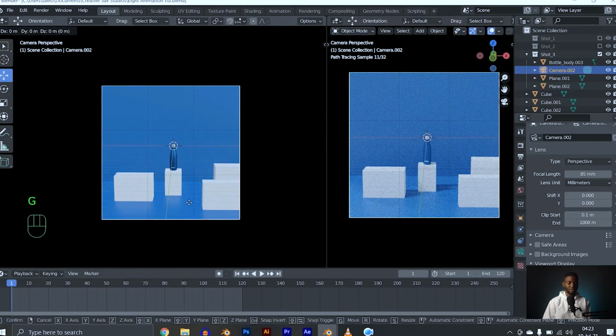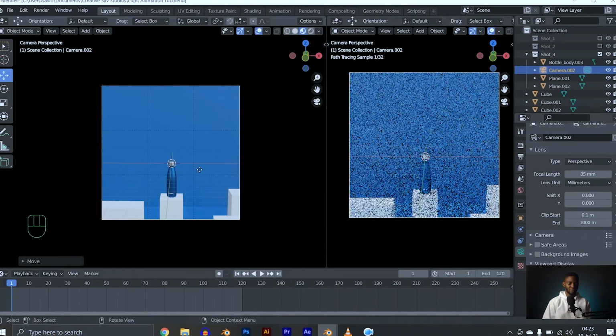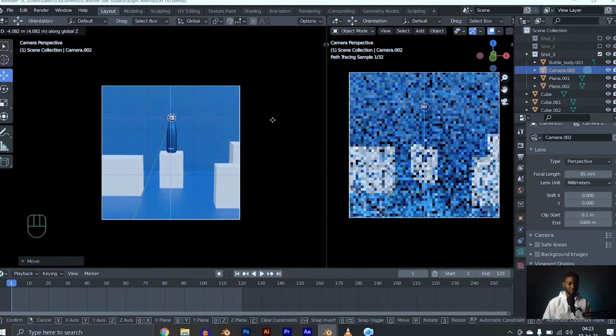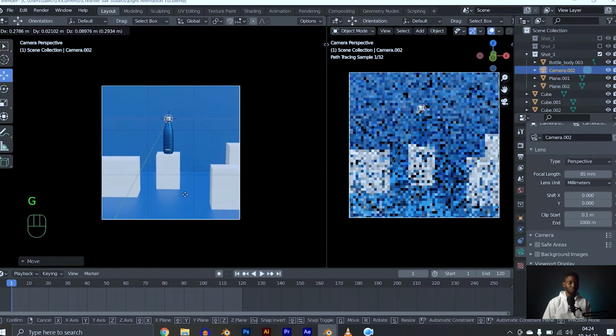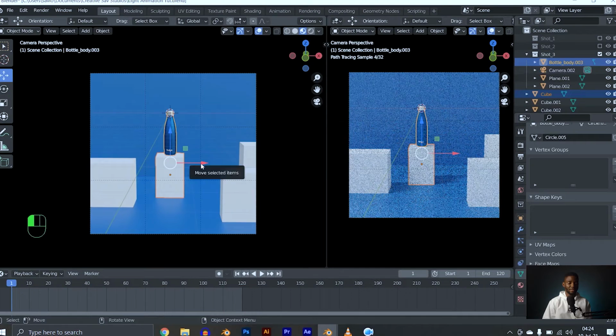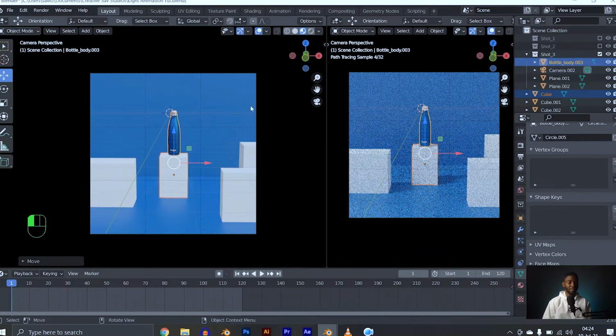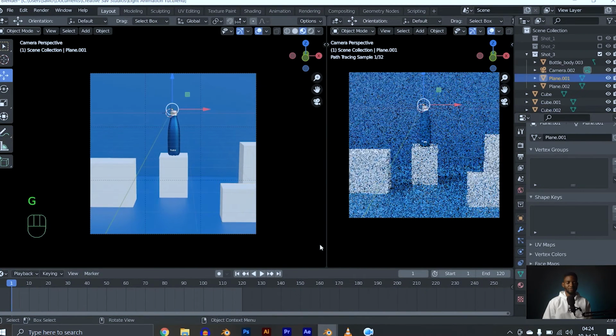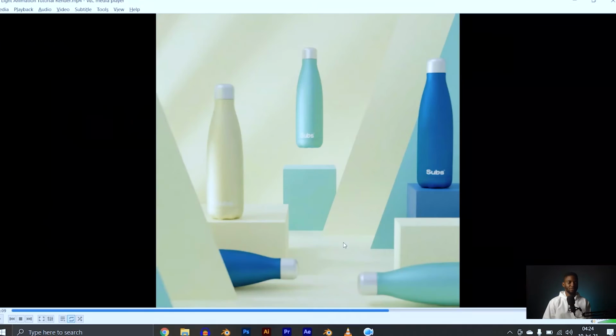Let's adjust our camera. Let's move it forward a bit and downwards. Yeah, something like this. We would keep adjusting our camera and adjusting our object throughout this entire scene until we have something we really like. Let's make this less tall, bring it downwards. Okay, what else is interesting about this scene? These